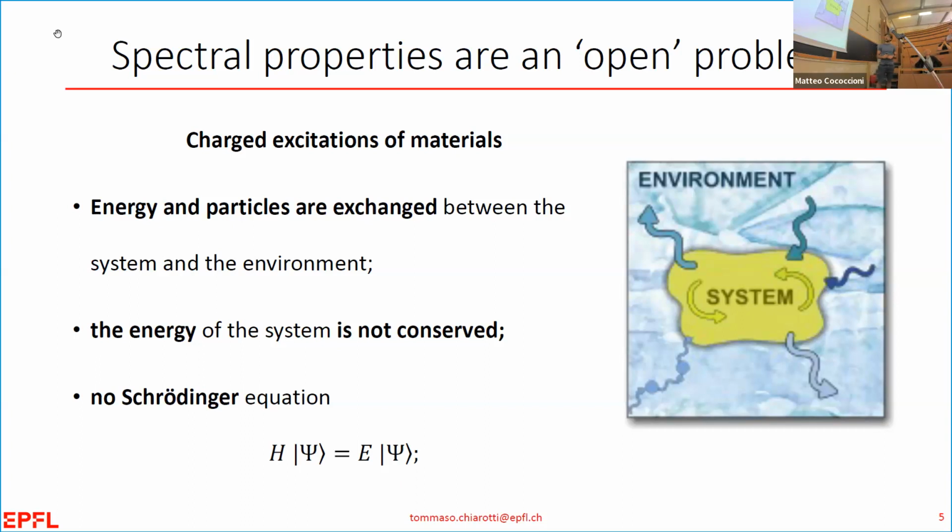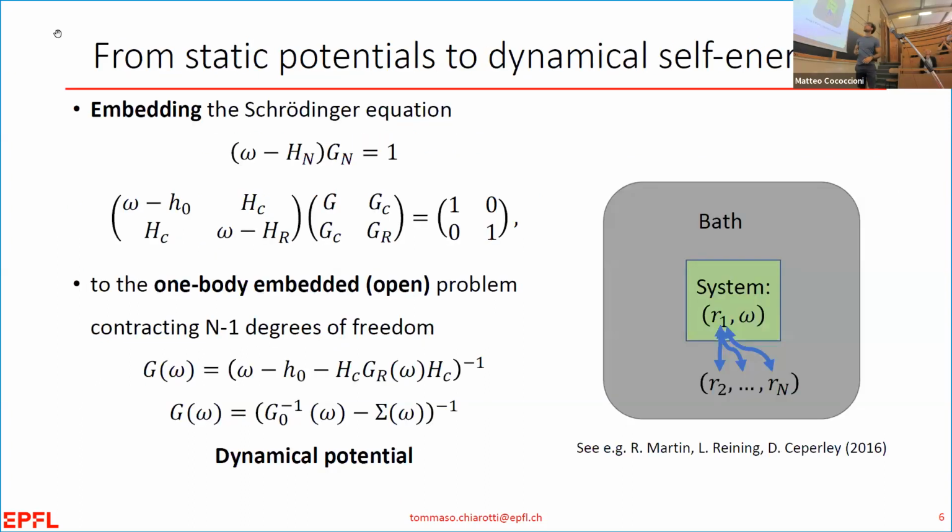And this is the really hard thing to get. As you can see, it's an open quantum system. There is no Schrödinger equation, the energy is not conserved, the system is not Hamiltonian. Very hard stuff. Anyway, there is a nice theory to deal with this: if you want to predict the spectrum, there is a very nice formalism, and of course it has to do with embedding.